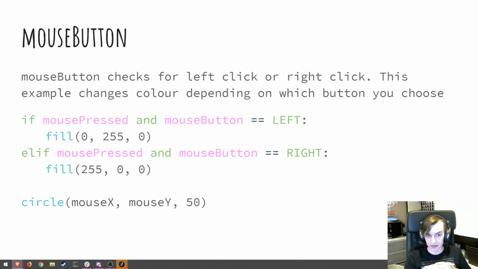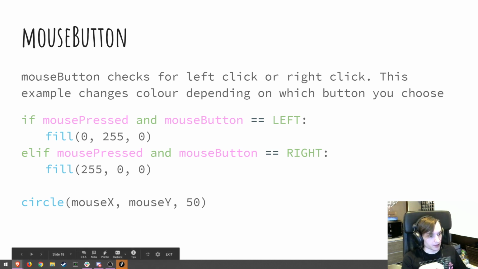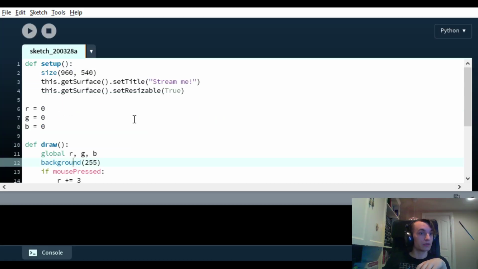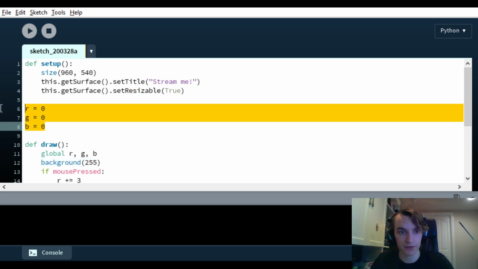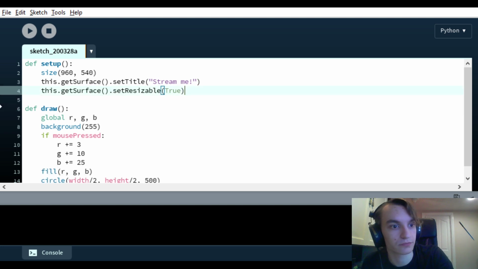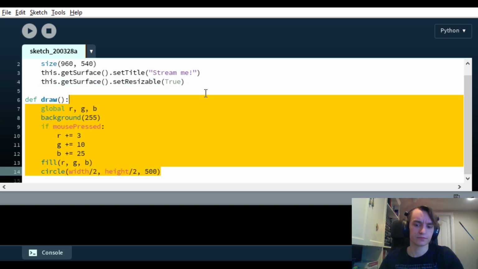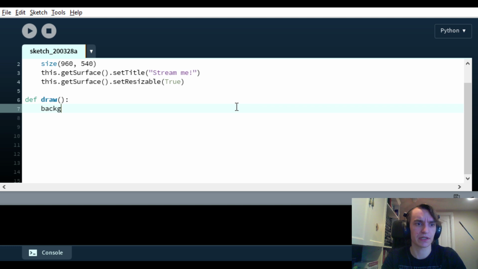So this example on screen changes the color that the circle is going to be drawn in depending on which button is being pressed. So again, we will just quickly pop over to Processing and have a look at that one. So this time we don't need any global variables, so we can get rid of those. And then we're also going to get rid of all the stuff in here. So we're going to say background